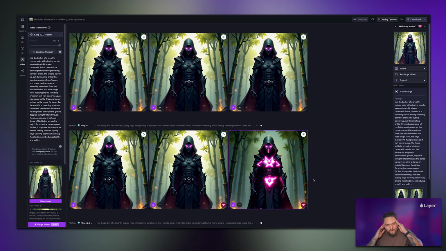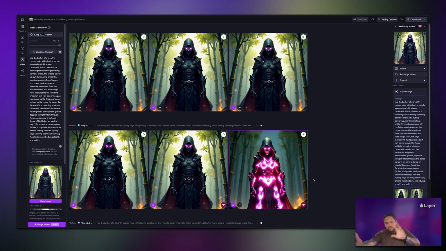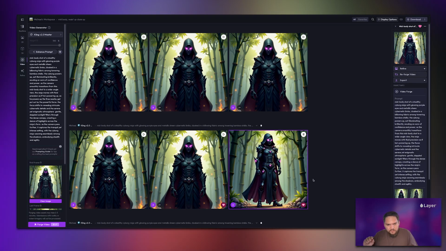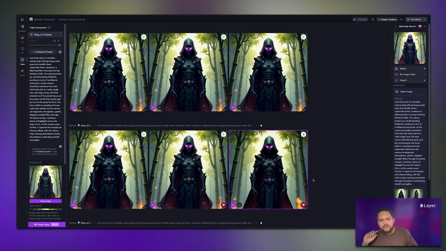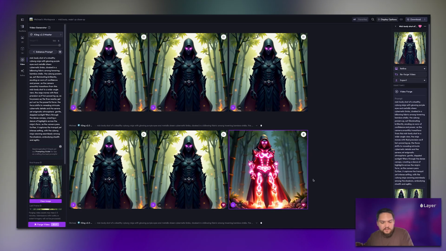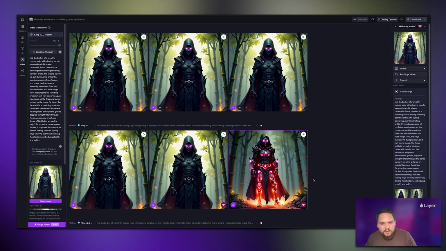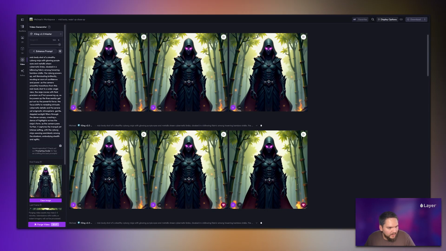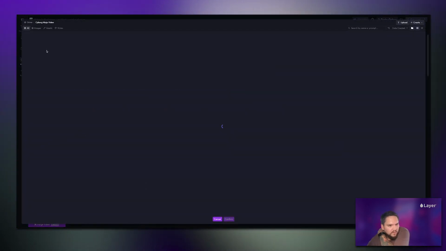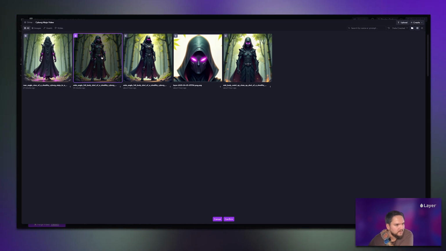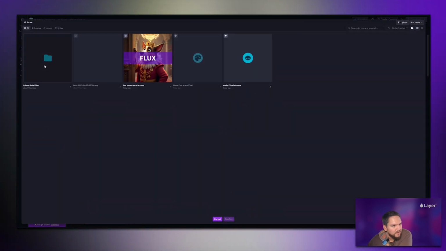So now that we have the character, their suit powering up, now I want to get the character turning around, starting from this last frame where the suit's all powered up. I want them to turn around, and then I'm going to do the last scene, which is the character walking away, and I want to have this character flying up in the air. So for this, let's go ahead and clear the prompt and the reference images here. Let's go ahead and start here. We got this first frame, we got this last frame,